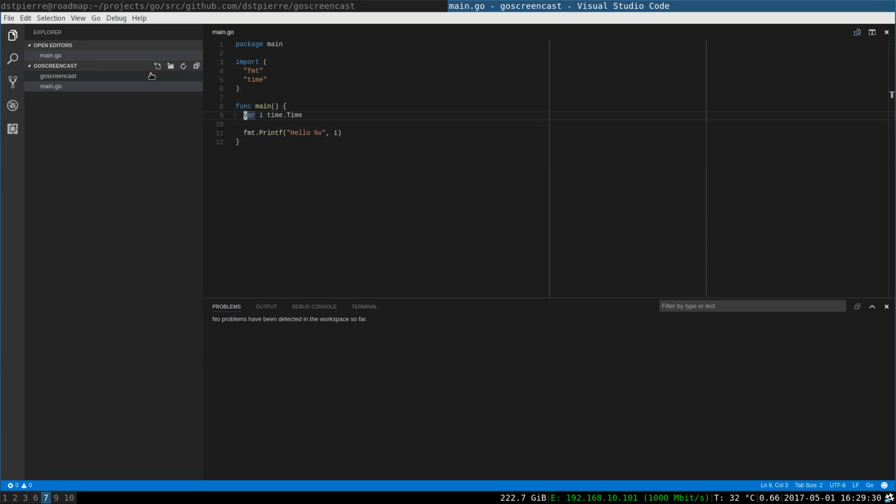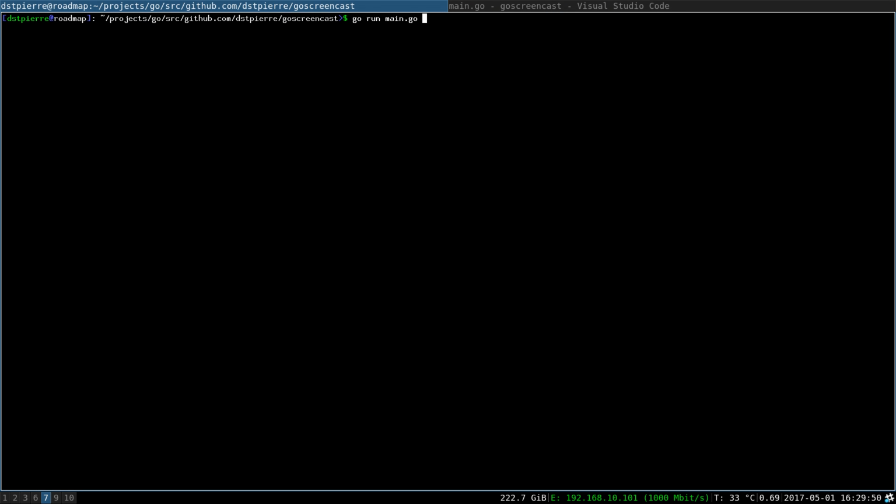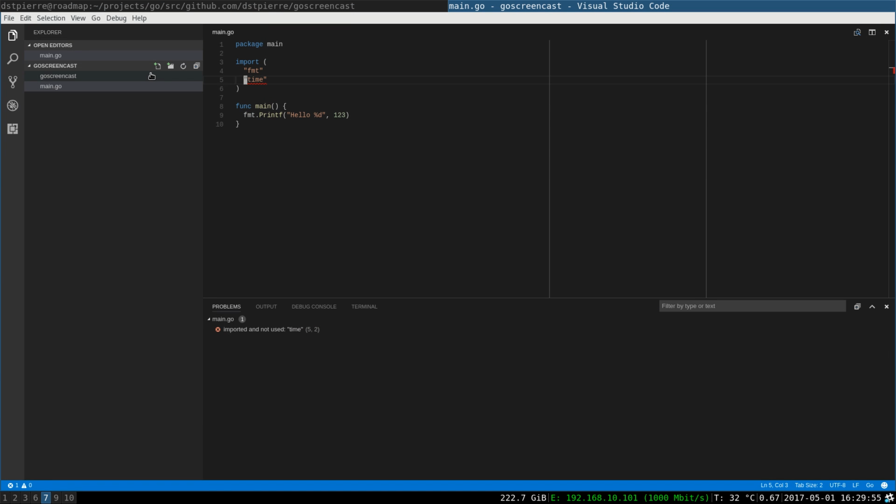And also one thing that I want to show. You might see that there are now a couple of errors being thrown. So let's say that we print 1, 2, 3 in here. This line now is working, but if you check here, this import statement is not. That means that if we were to run this code, we will get an error, because Go is strongly typed, and it forces you to really have clean code and everything.